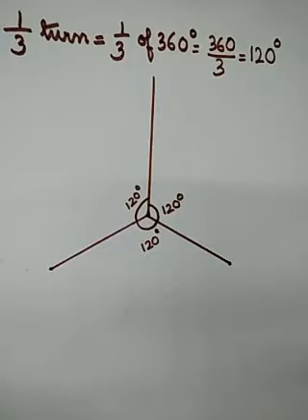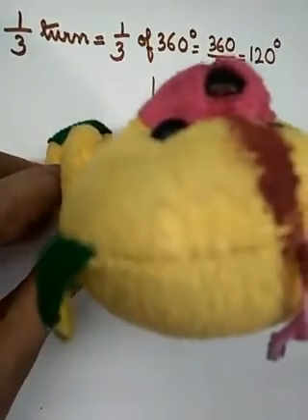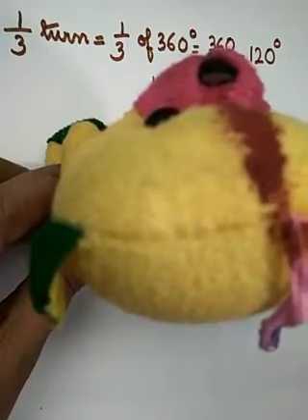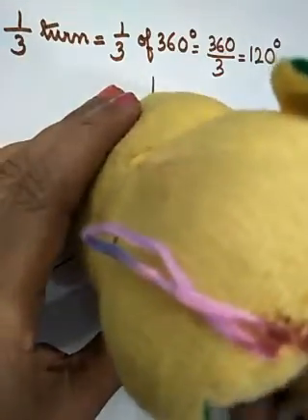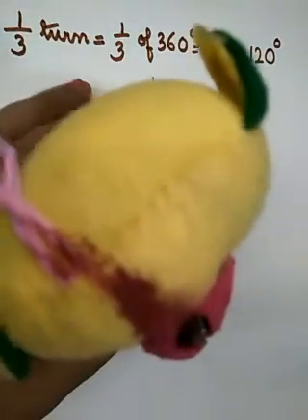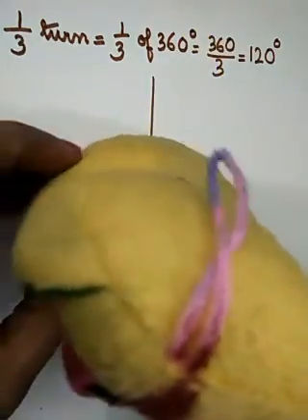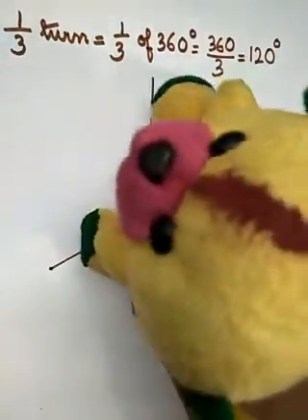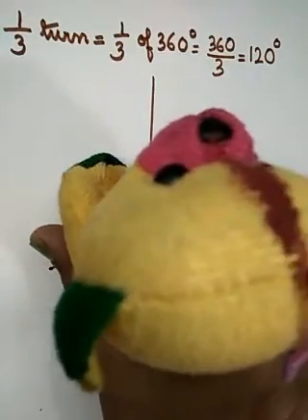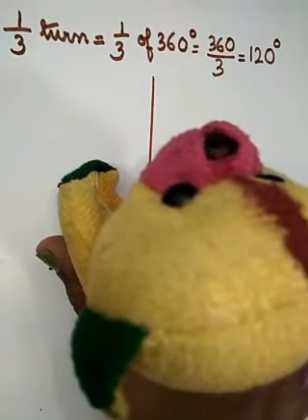120, 120, 120. So if we have our doll, अगर हमारा doll है, okay, जो उस तरह फेस कर रहा है, if you have to give it 1/3 of a turn, इसको अगर 1/3 clockwise turn देना है, so इसे ऐसे घुमाकर इस तरह लाना पड़ेगा. Is it clear? This is how she will look. Okay? So 120 एक turn दे दिया, clockwise 120 और एक बार turn दे दिया, और एक बार clockwise 120 turn देने से वो वापस अपनी जगह में पहुंच गई. So how many 1/3 turn she has taken? She has taken 3 times.